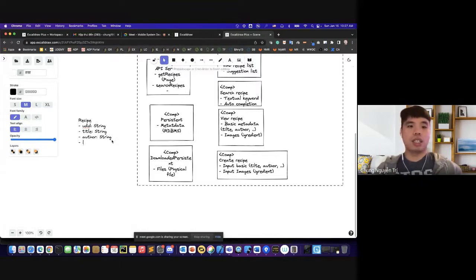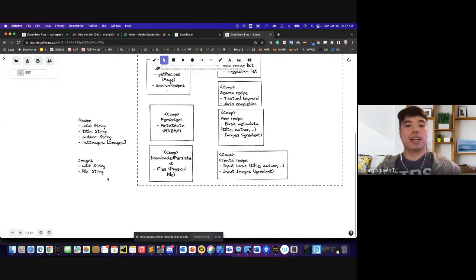list of images. This should be the image list in here, and so I will have the image schema in here. So I also have the UUID, and I have the file. It's also a string to point to the physical file, and